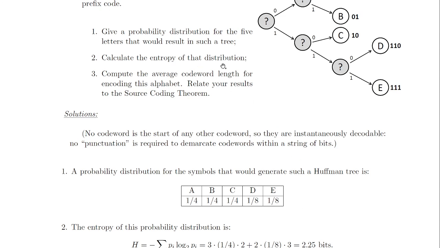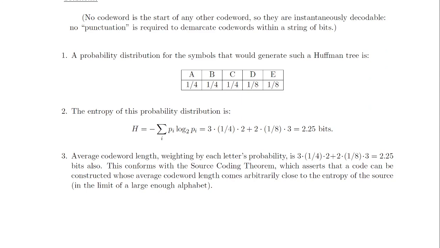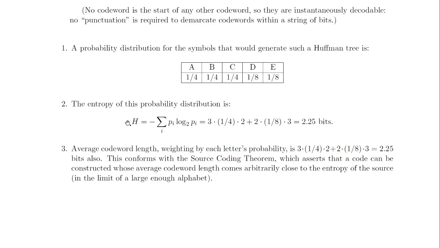Calculate the entropy of the distribution and the average code word length for encoding the alphabet. Again, this is now an exercise that's already maybe too familiar to you. So the entropy of the distribution is easy to add up: 2 1/4 bits, and the average code word length, multiplying the code word length for each of these letters by the probability of those letters. So 3 then probability 1/4, and those 2 have probability 1/8, and these are the code word lengths in bits. It adds up to the same total number, namely 2 1/4 bits in average code word length,